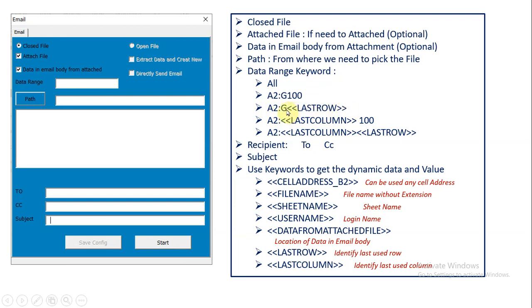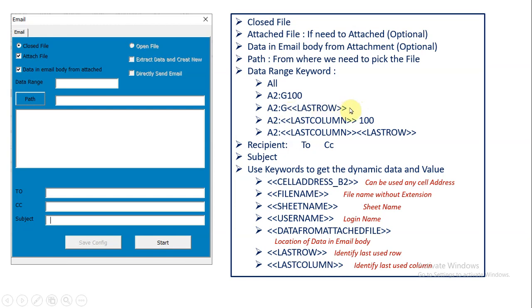In that case, you can use these keywords, these variables. This always starts with an opening bracket and closing bracket with a double bracket. It has to be in this format only. So double bracket at the beginning and double bracket at the end.